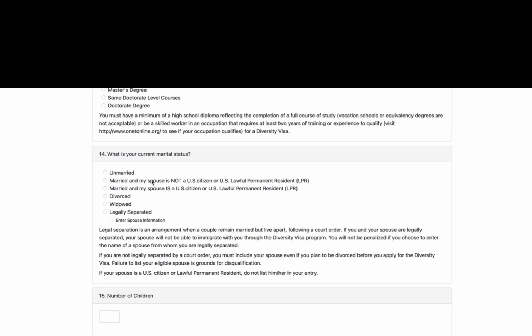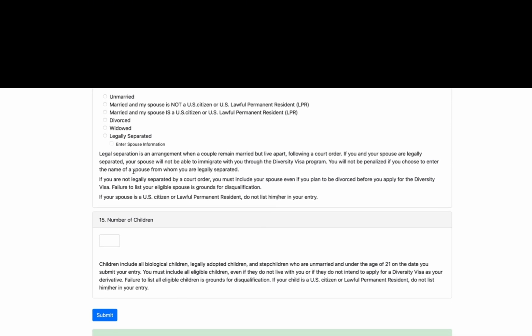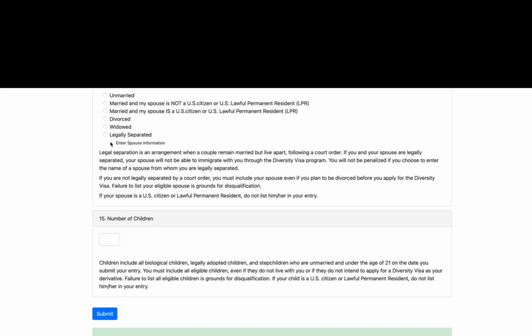And now you will need to select your marital status at the moment. Either you're unmarried, you're married, any of that. Whatever option you select here is going to determine if another page is going to open or not. So if you click married, it is going to open another page for you to fill the information of your spouse. And if you don't click married, you will not have another page to fill. So you will just go ahead